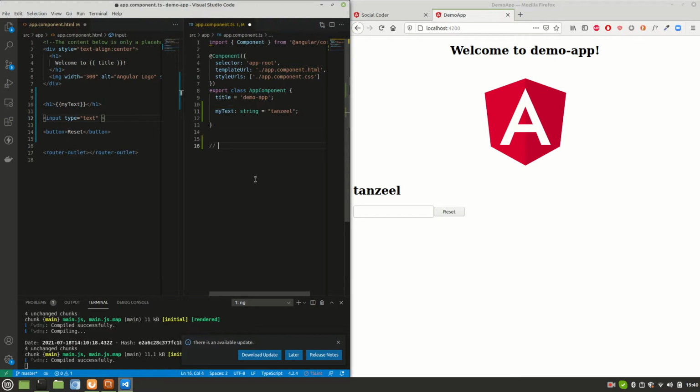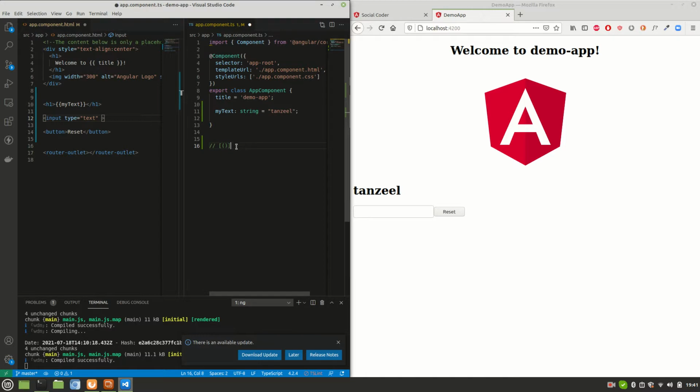I'll just comment out this code. To make it easy to remember, we call it banana in a box, because it looks like a banana wrapped inside a box. So just to remember things, we call it banana in a box.